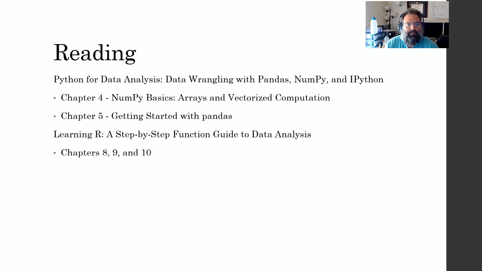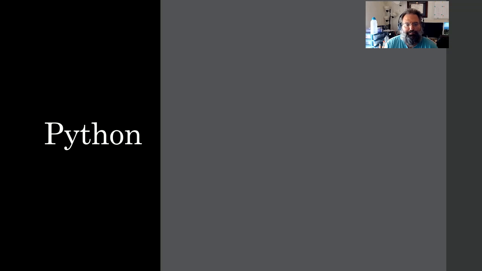The Python reading is out of the text that's associated with this course. Feel free to read multiple things out of those O'Reilly resources you have access to. Some really good stuff in there, so take some time, look around in there. You might find something really cool. Inside of R, chapters 8, 9, and 10. Inside of the Python book, it's chapters 4 and 5. Pandas is bigger than a bread box, as we say, so it's something that takes a little while to figure out. So do keep in mind that there is a lot of stuff in there,